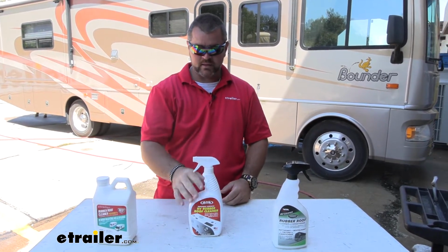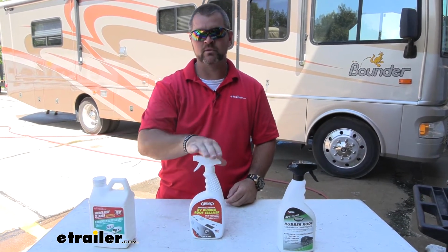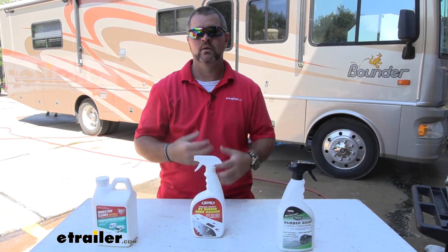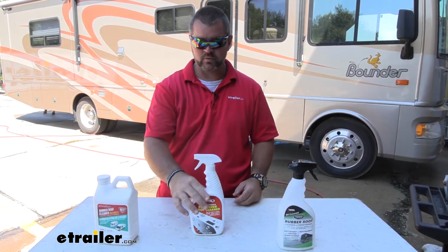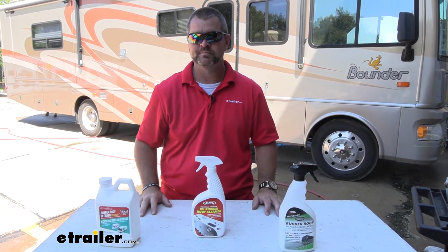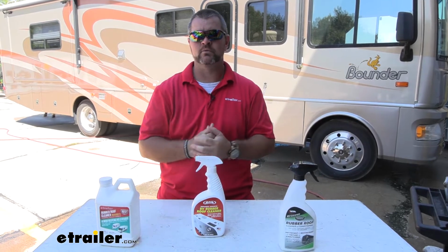That being said, the Alpha will also work on rubber. But again, it only comes in this bottle, so it's going to be more of a spot cleaning. You're not going to use just this one bottle to clean your whole roof. Now that we've taken a look at the different ones, let's go ahead up on the roof and test them